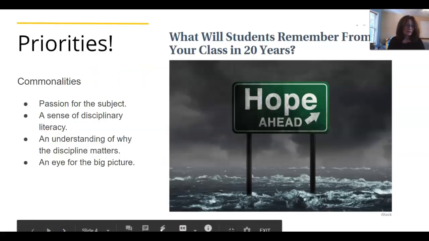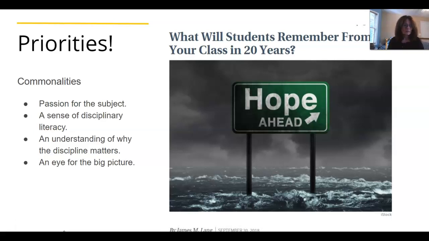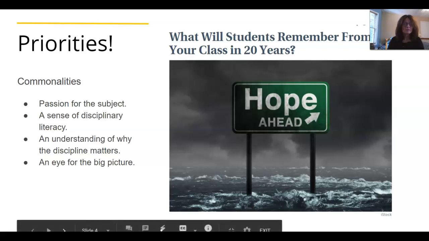Just so you can think about it and to get started, we're going to obviously be starting with our priorities, and that would be our goals for ourselves as instructors and our goals for our students that are taking a specific course. And one way we help you benchmark that is, what do you want your students to be able to say to you if you ran into them in a grocery store in 20 years that was so wonderful about your course? Or what was the high impact? What did they learn from you? So that's where we're starting with some big ideas about what this course could be.